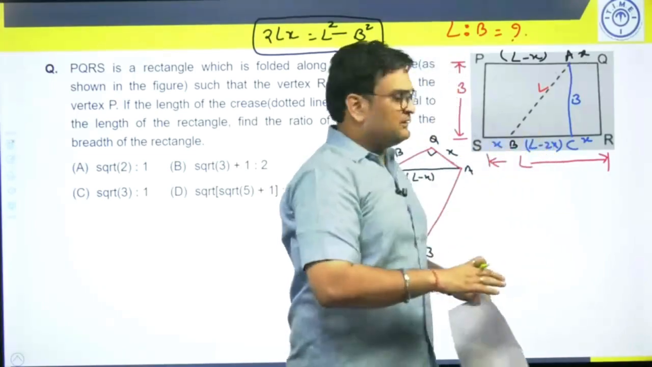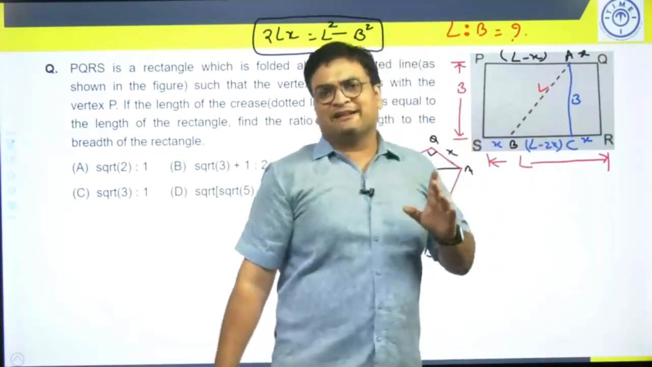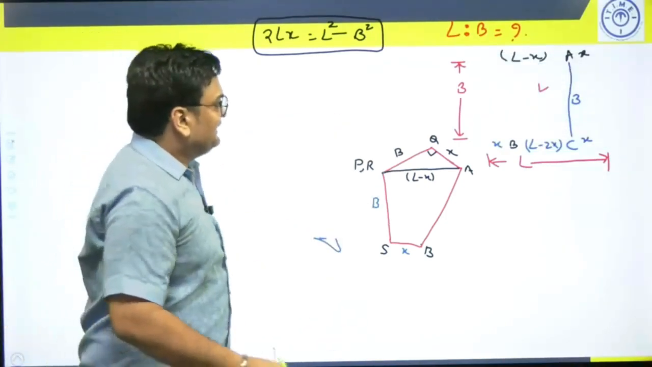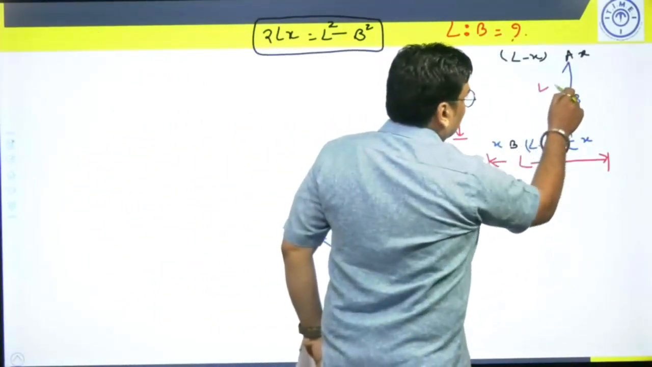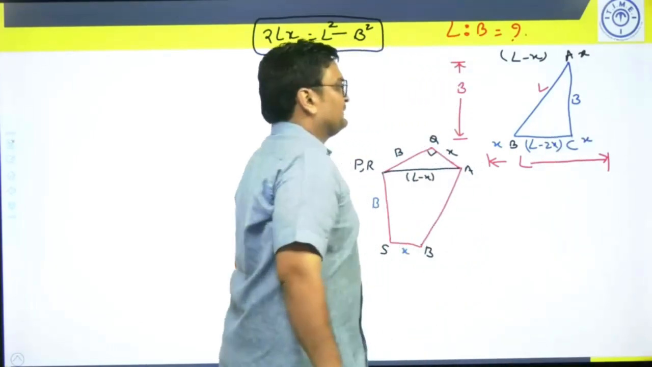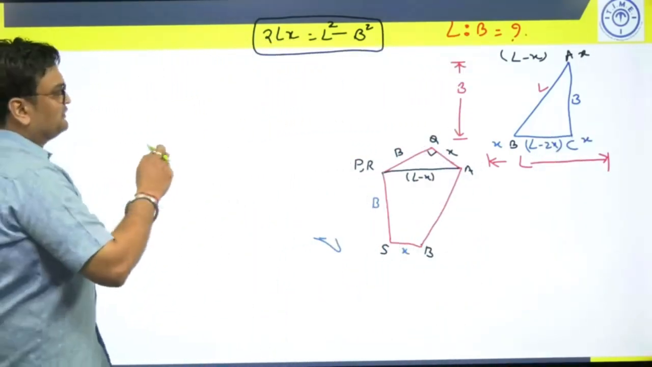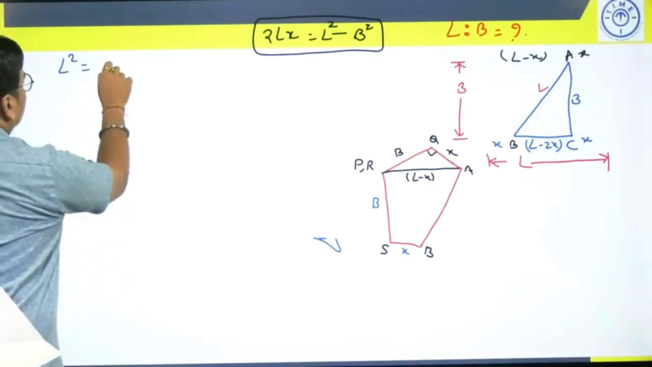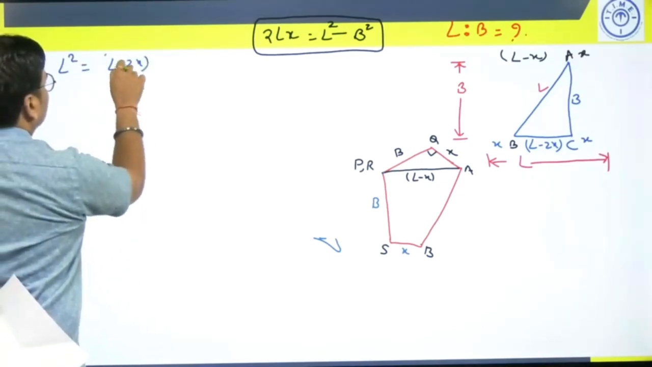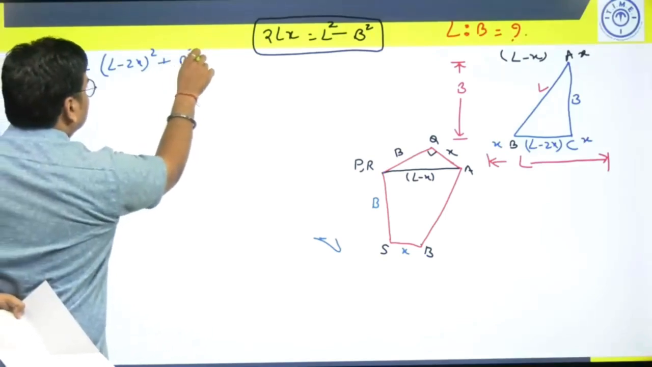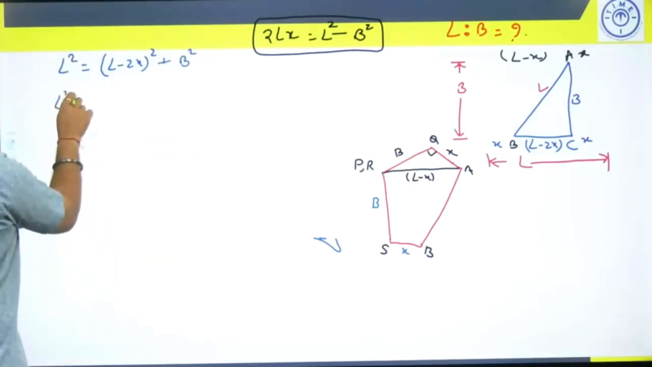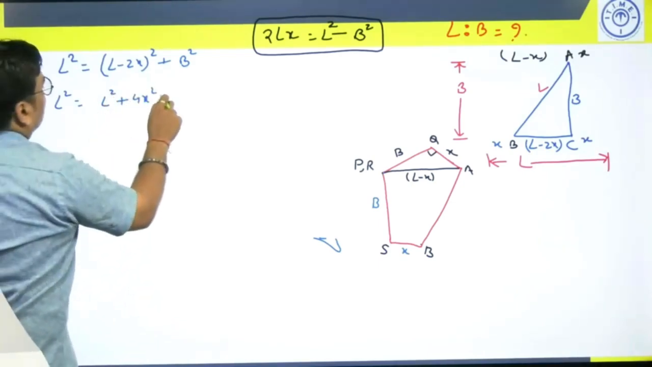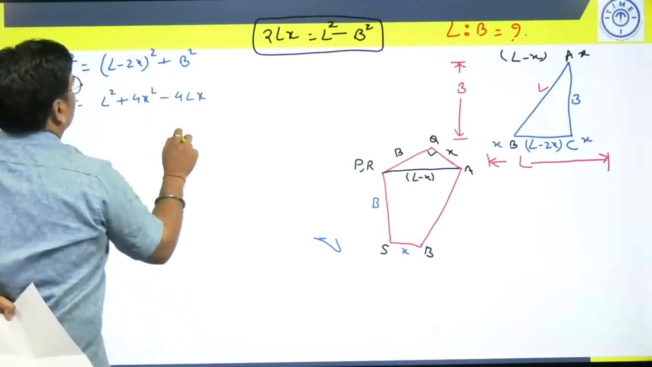And please also note, triangle ACB is also a right angle triangle. That means we can again apply Pythagoras theorem on that. So triangle ABC, it's a right angle triangle. When you apply Pythagoras there, you will get L square, hypotenuse square, is equal to L minus 2x whole square plus b square. So this is your L square, this is L square plus 4x square minus 4lx plus b